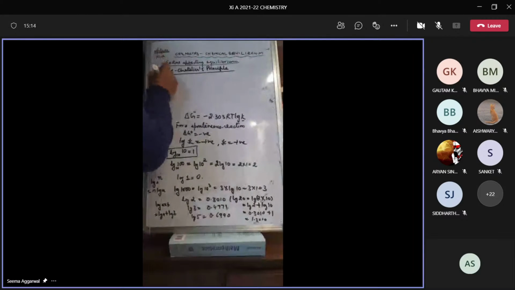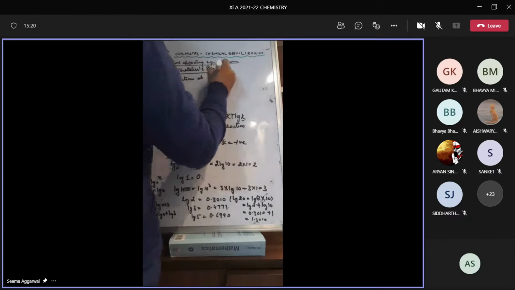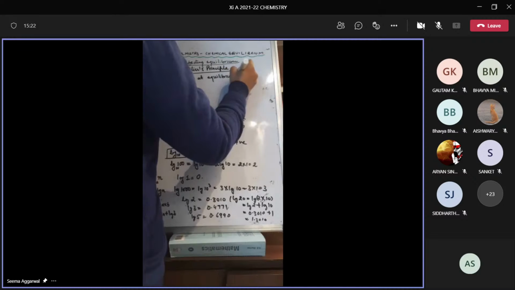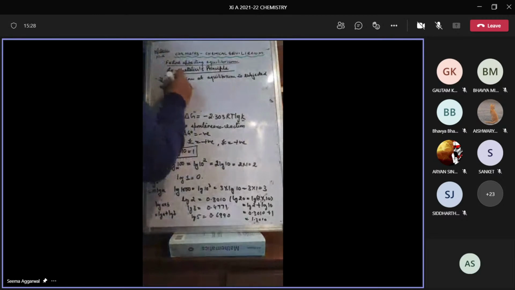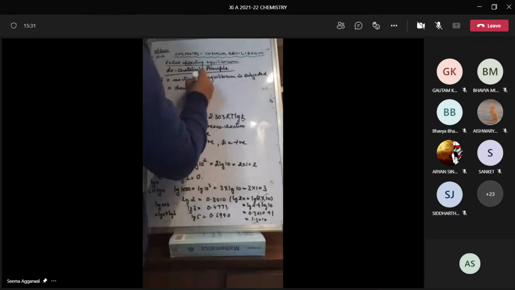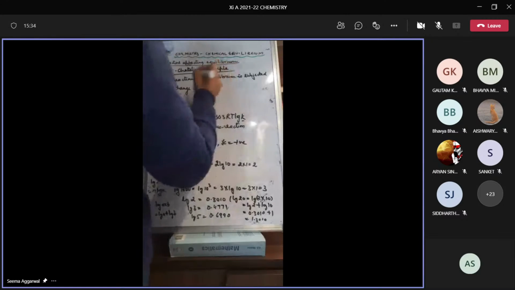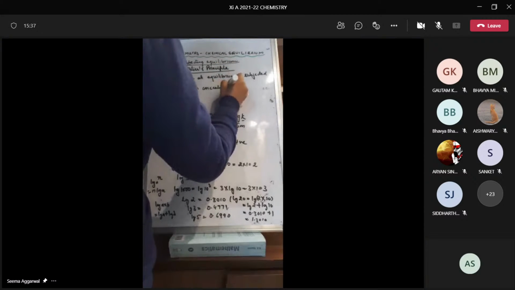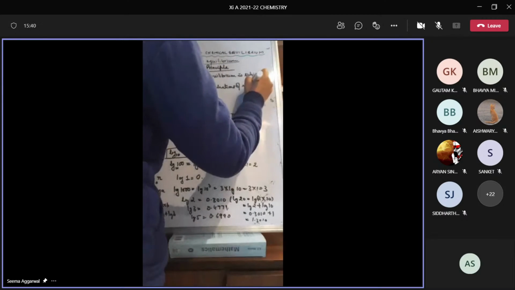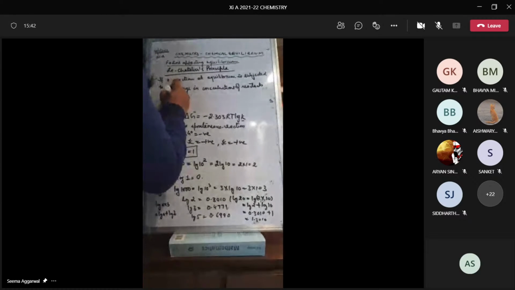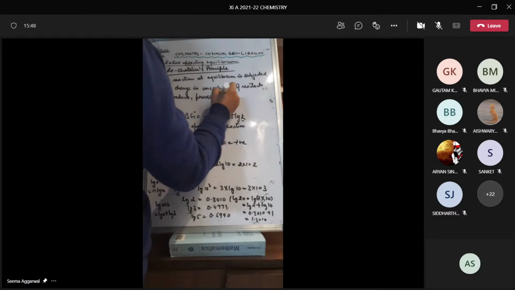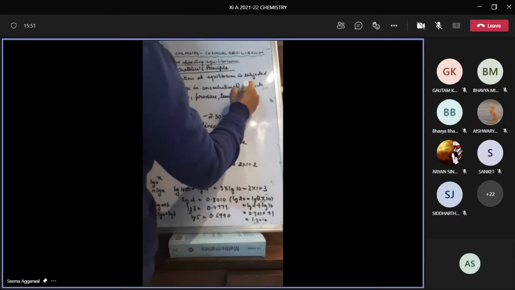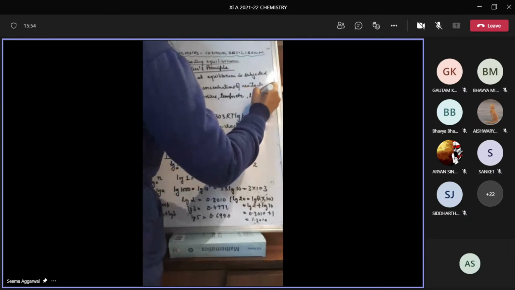According to this principle, if a reaction at equilibrium is subjected to a change in concentration, it can be of reactants or products, pressure, temperature, etc., then the reaction proceeds in